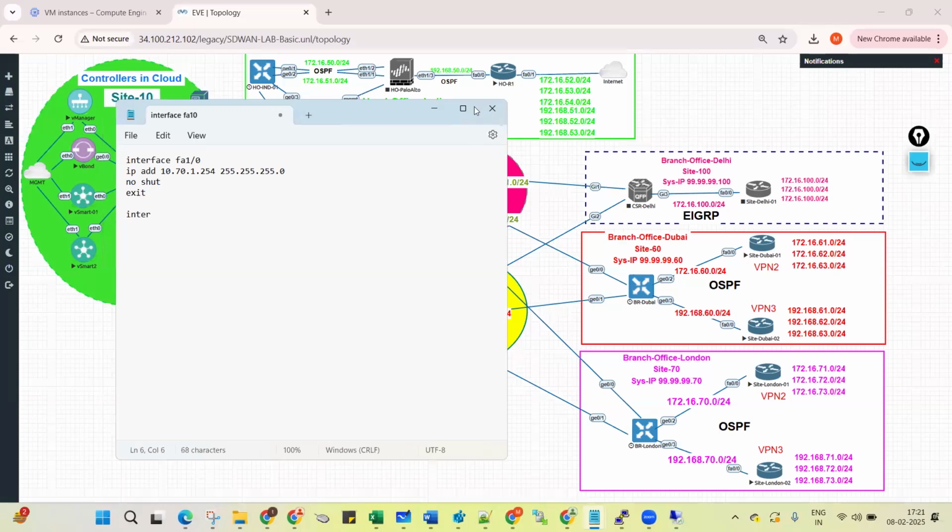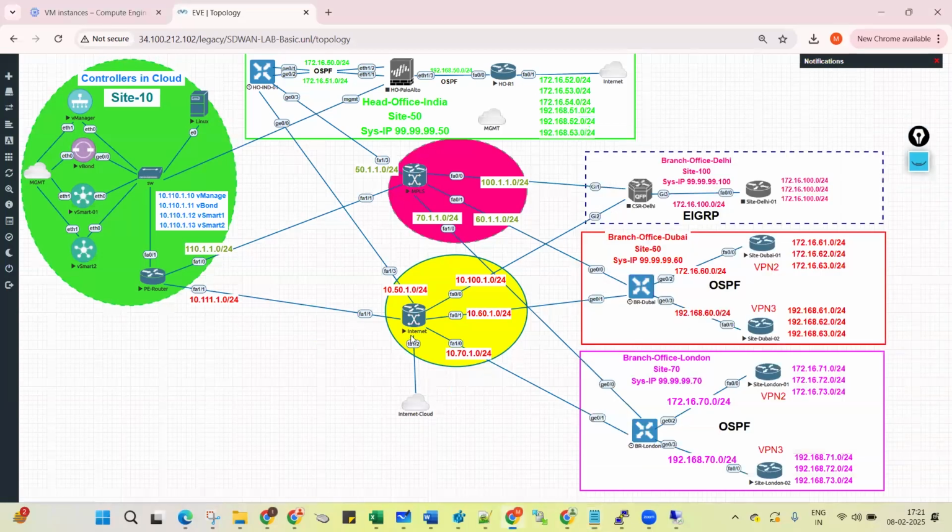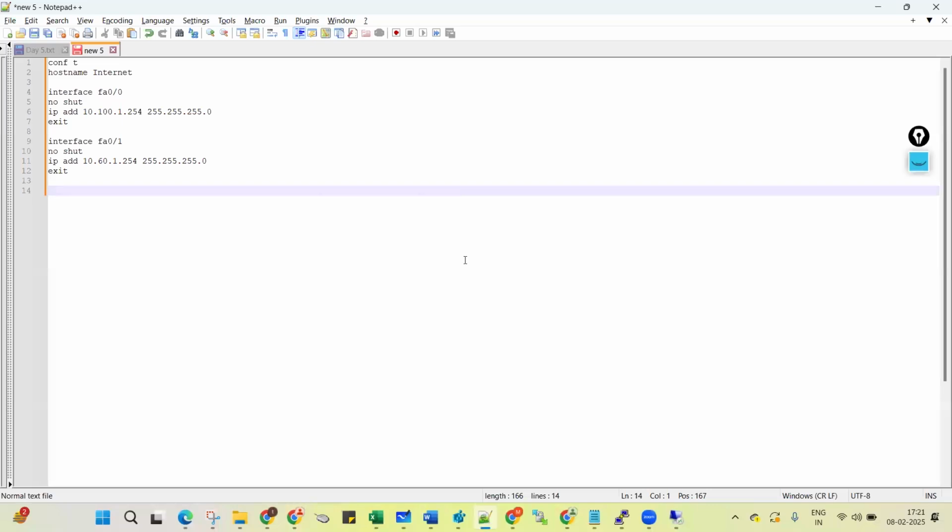Next, we'll configure interface fast Ethernet 1/1. Interface fast Ethernet 1/1, IP address 10.111.1.254, no shut, exit. Fast Ethernet 1/2 is connecting towards the internet cloud, so we will give the IP address here as